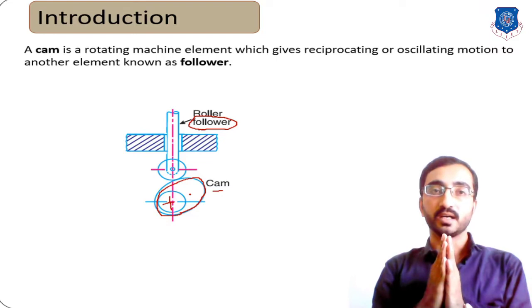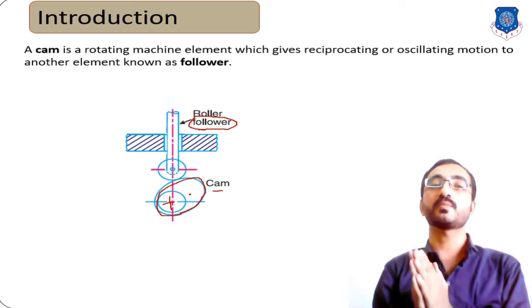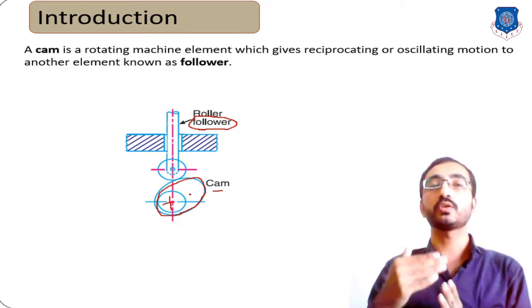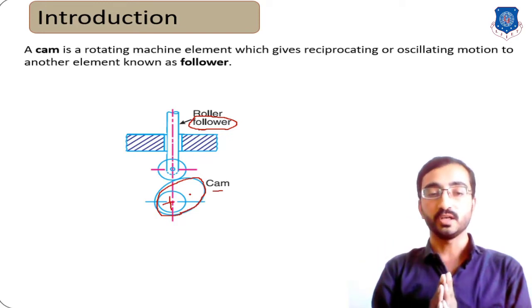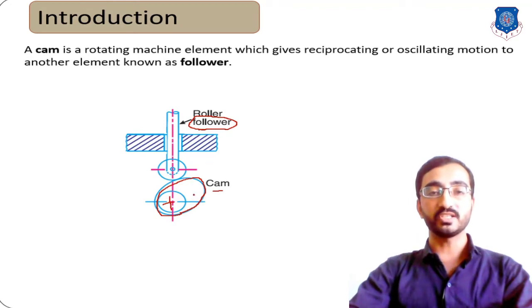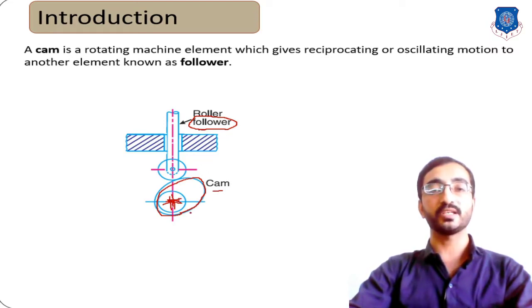Now this arrangement is widely used in various mechanisms because it will give us the reciprocating motion, and when we want to regulate or control that motion. Here in the figure you can observe that this first element has a center over here, and with respect to this center point, this object is slightly elliptical or oval in shape. Now this object will rotate about this axis. Due to rotation of this object, the other object which is in contact with this first one, known as follower, will reciprocate in this direction.